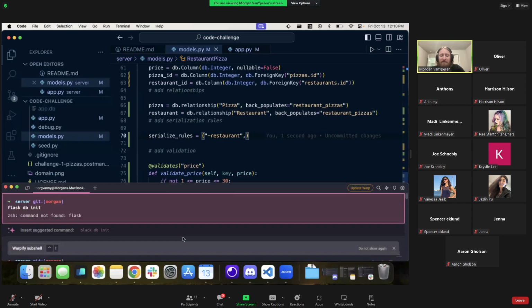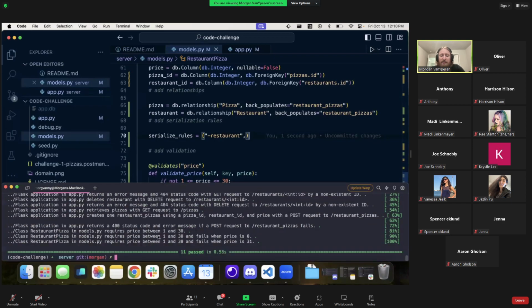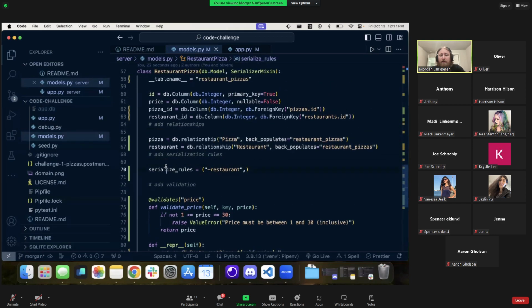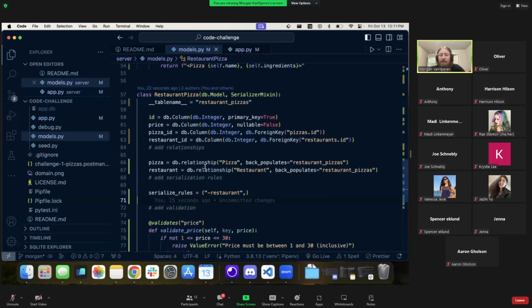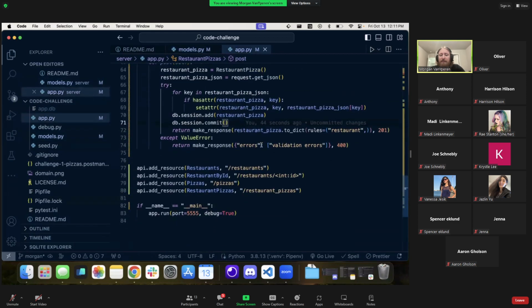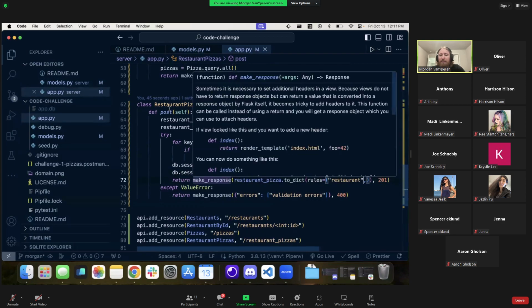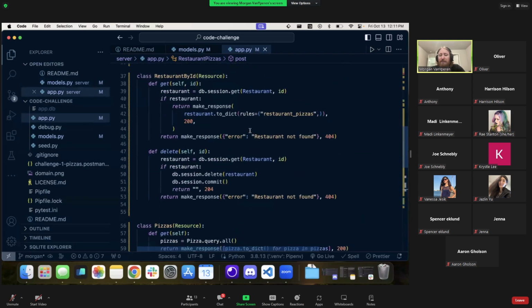I'll just make sure that my tests are still all passing. If I were doing this for real, I would probably want to test all my routes in Insomnia again, at least those two routes, make sure they still look good. I'm pretty confident that they do though. And you could even go further and say, actually, since I'm only needing to apply some special rules once whenever I create a new one, but I don't need to anywhere else,